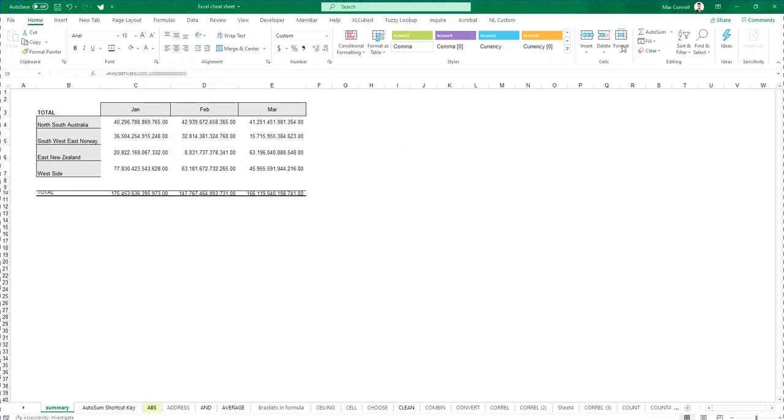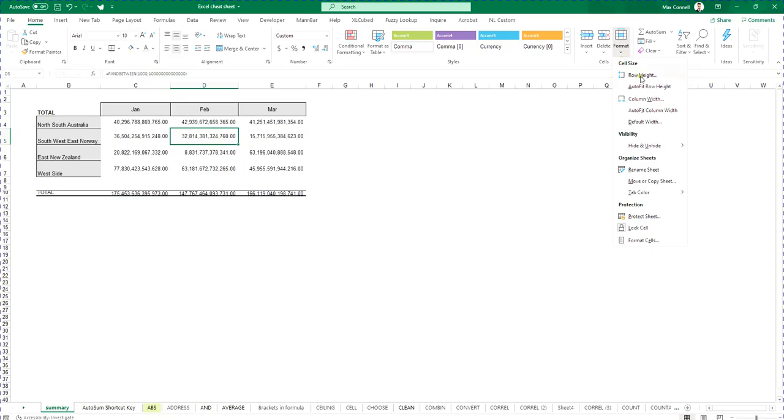is if you go over to the home screen on the right hand side under the cells ribbon, there's a little drop down called format. If you choose that drop down, you'll see a few different options where you can change the row height, which is what we did before, just a different way of getting there. But they've also got these really good options, auto fit row height and auto fit column width. So